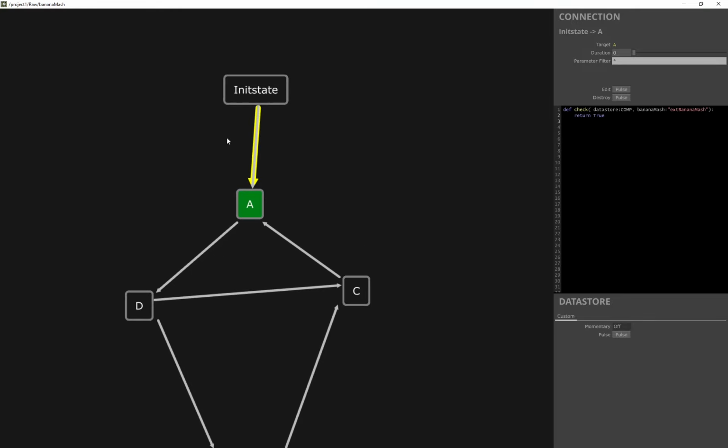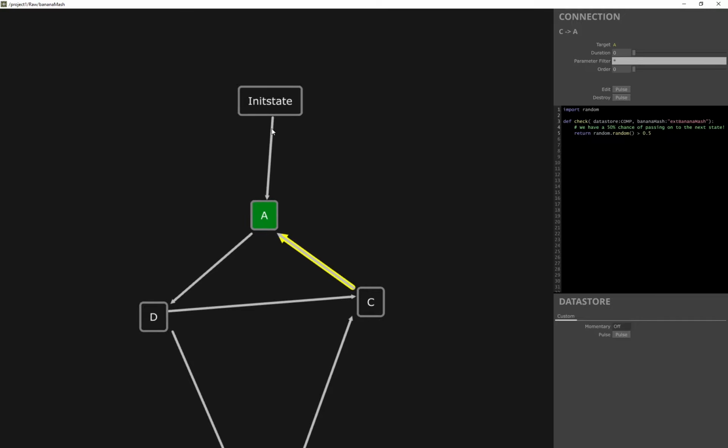So now the arrow has a yellow underline, and this basically tells us, okay, we have selected a connection, and the connection is going from init state to state A, as you can see. But we can also just click on the arrows themselves. Relatively easy. And what we then see, again, we have the edit and we have destroy, and we have the